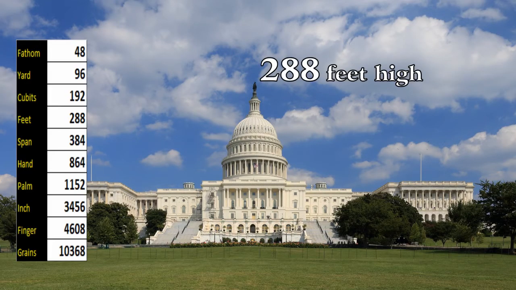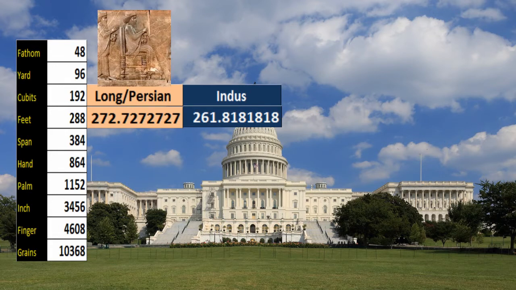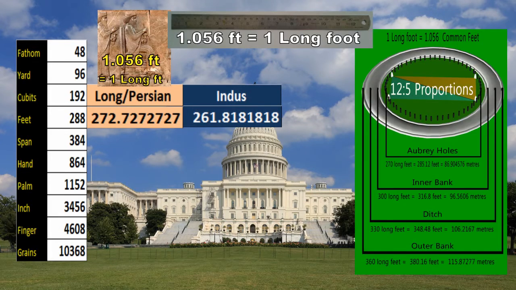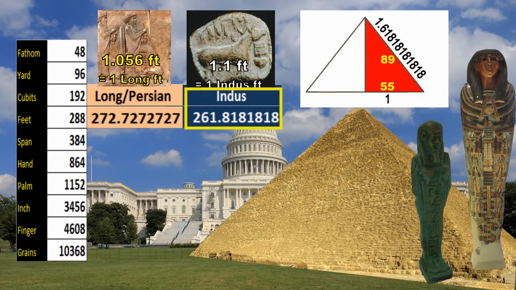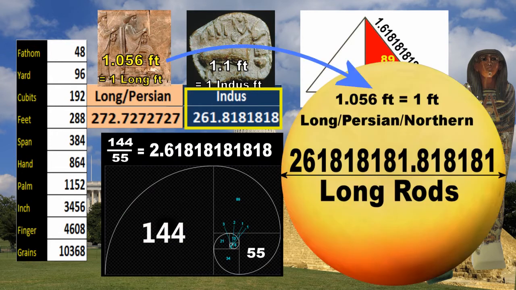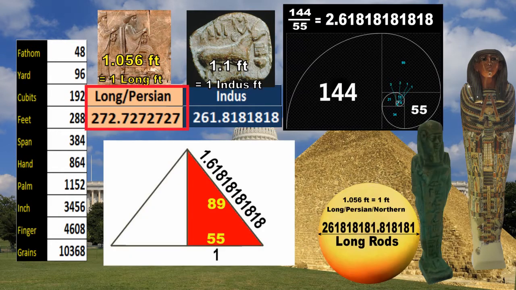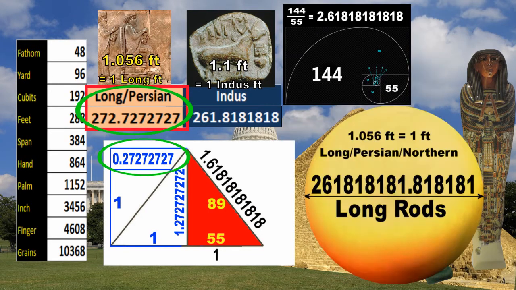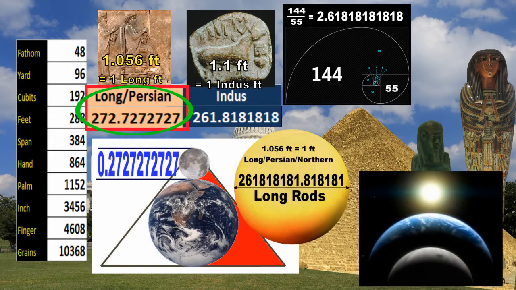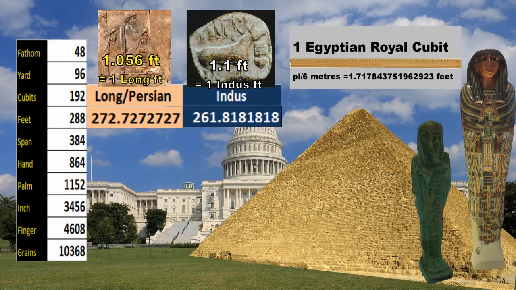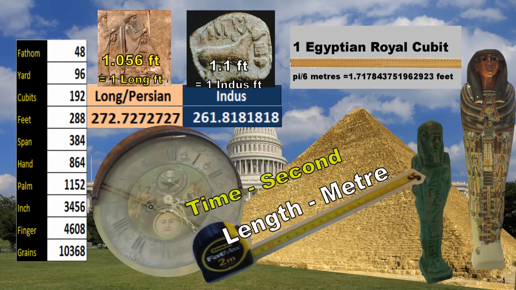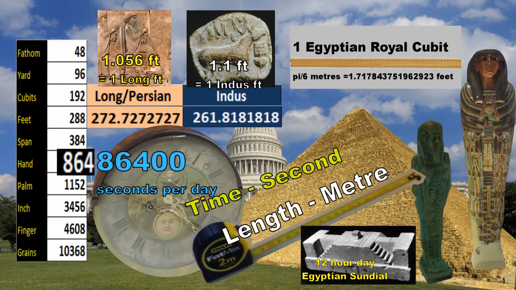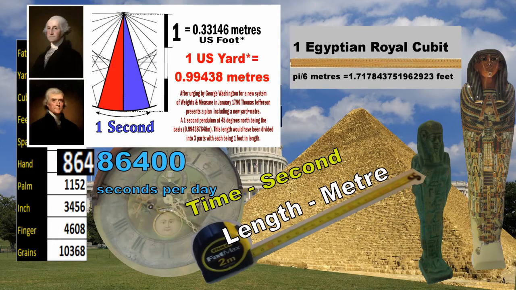And so in review, the US Capitol building, 288 feet high. This will bring us to beautiful scales on the ancient Longfoot, Persian, Northern Foot as it's called, the Indus Foot, which brings us proportions of a Great Pyramid, size of the Sun, the Fibonacci scales, which in itself will then lead us to the size of the Earth and the Moon in regards to one another. So we have Sun, Earth and Moon, these very Masonic esoteric concepts, time, distance, Euler's number, viewing the Great Pyramid as a three-dimensional object, the number of seconds per day, 12 hours per day,